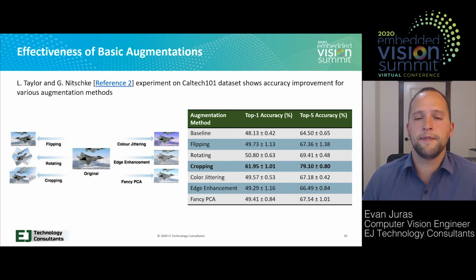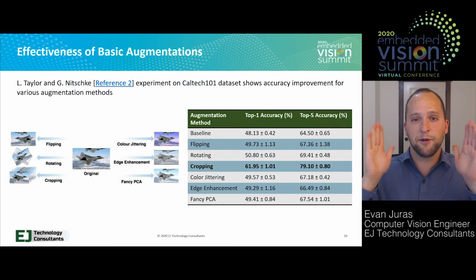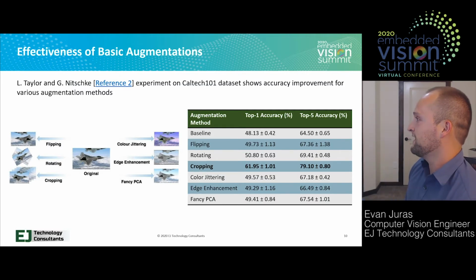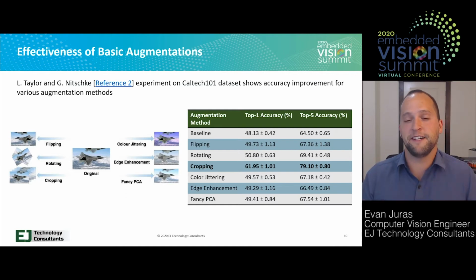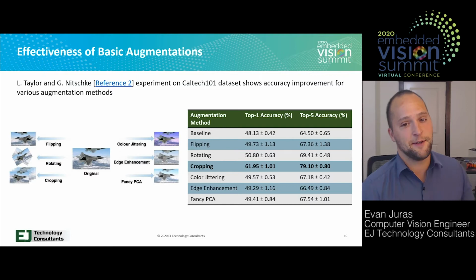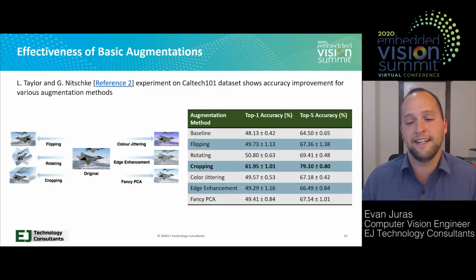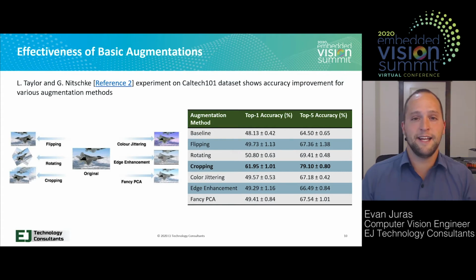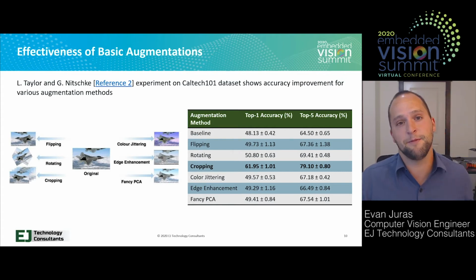Now, the augmentation you want to use depends on the data set and the conditions that you want to apply your model for. So say you're making a person detector and you have a bunch of images of people facing this way and maybe some images of people facing on, but then you don't have any images of people facing this way. And so your model, if you train it with that data set, is going to be good at detecting people face on in this direction, but it might not be very good at detecting people that are facing to the